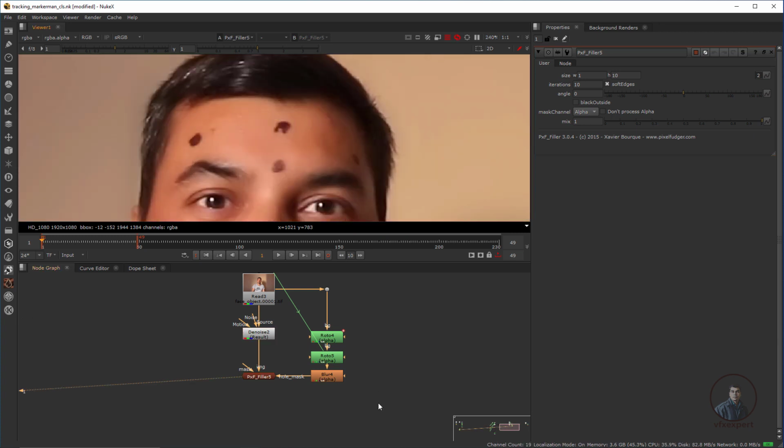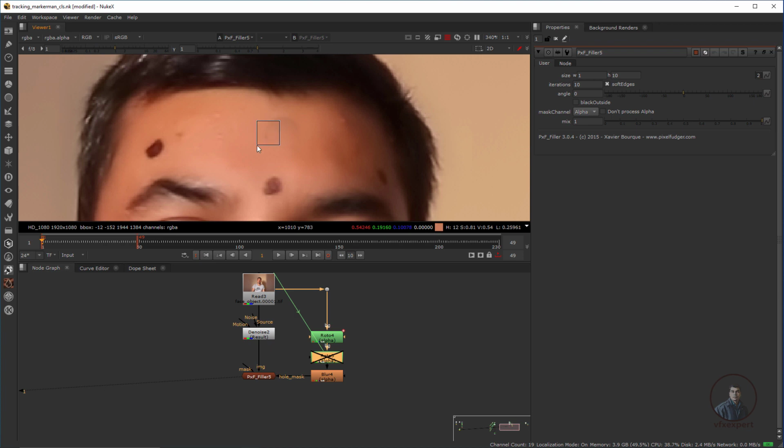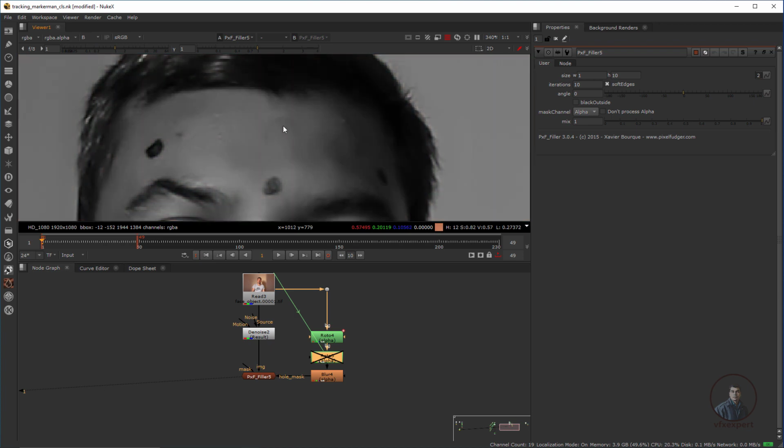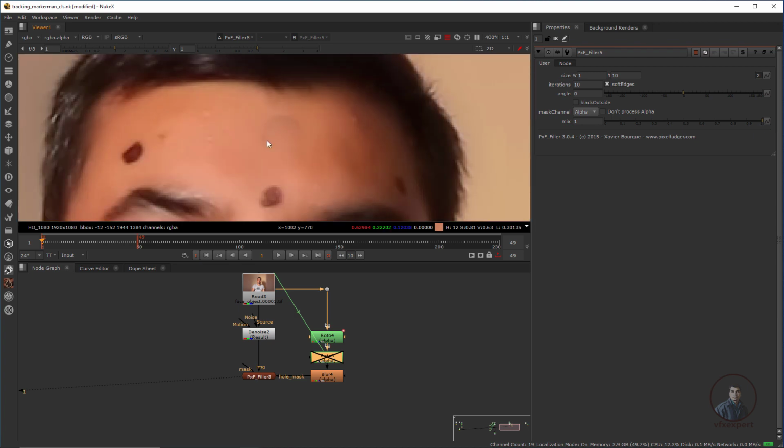So just disable this roto 5 here. So now if you see here, we are getting this problem. Now again press B, so in the blue channel we can easily see, or in all channels we have to check. So we are getting some problems here. Now again we have to double click here and adjust all these values. So now here I have removed this one, even again the same angle if you want you can also adjust. So now again make it 0 here.